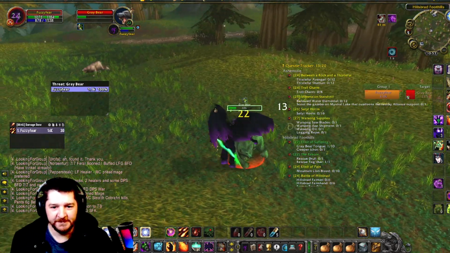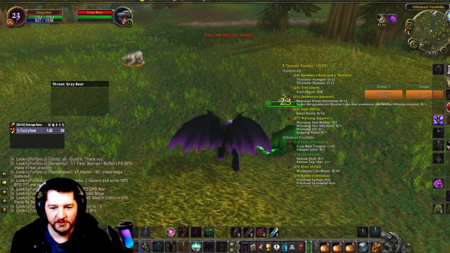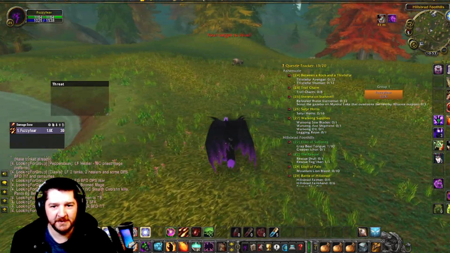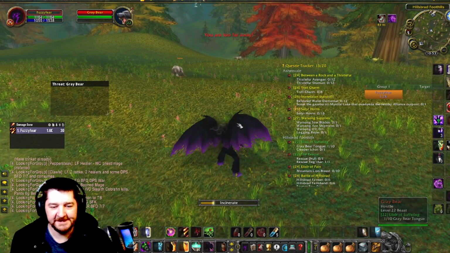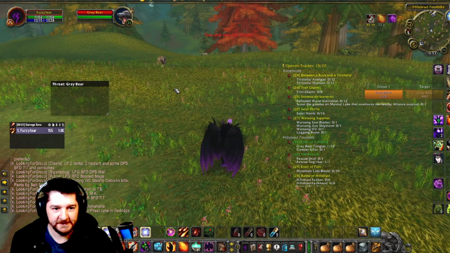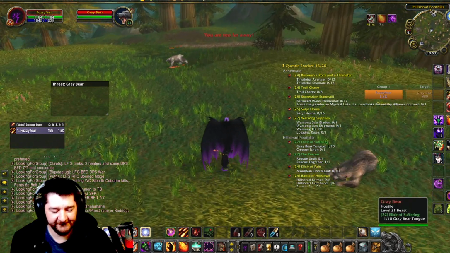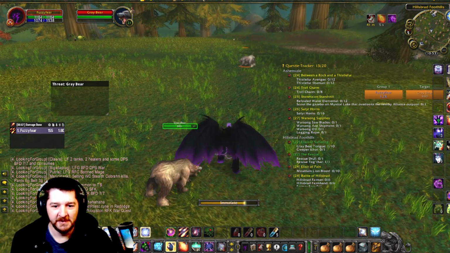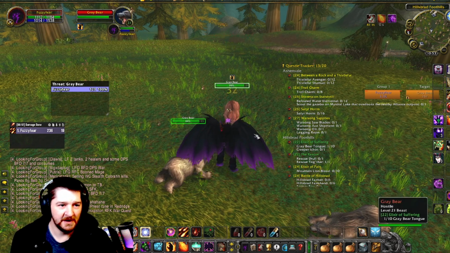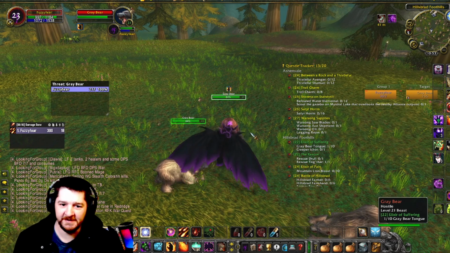If you're going to be putting a dot on a target, especially when you're pulling, you're better off casting Incinerate to buff your fire damage by 25%, and then I'm going to put Immolate on this target. And that's all the threat I'm going to have on this target, just one Immolate boosted by Incinerate.